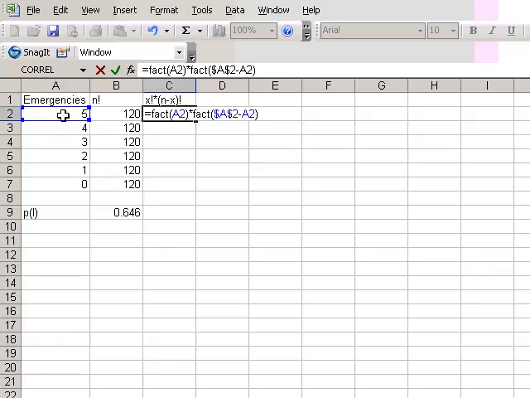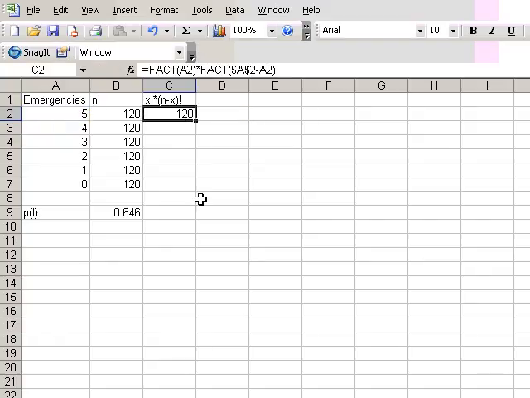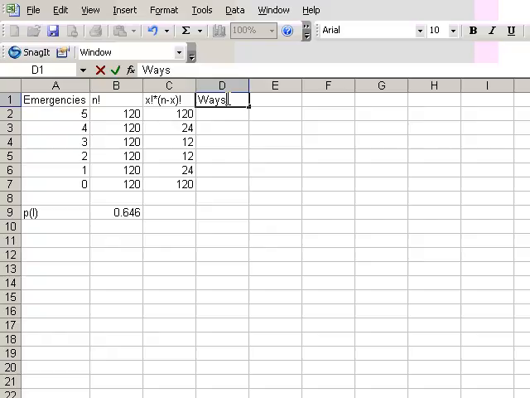So that when I hit enter, we see that the denominator for 5 emergencies out of 5 visits is exactly the same as the numerator. But as I drag this down, we see that these numbers change: 24, 12, 12, 24, and 120. So here are the number of ways I can see any one of this set of 0 through 5 emergencies